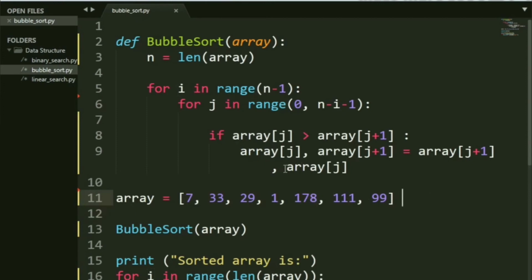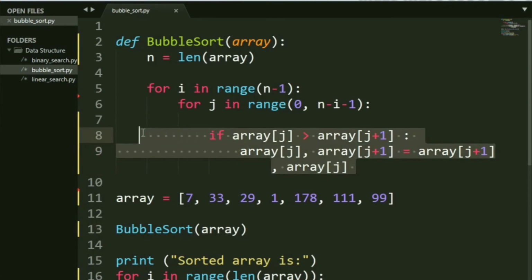Now this is basically your swapping area. So for example, 7 and 33, nothing would have happened. But 33 and 29, we would have had to swap it in this case, right? You're always checking the adjacent value nodes, okay? So everything beside it, 7, 33, 33, 29, 29, 1, and so on. Obviously, the numbers will get swapped, so you need to look out for that. Now, if array of j is less than array of j plus 1, for example, it was 33 and 29, you would have swapped it. So array of j and j plus 1, that is the exact consecutive node, the adjacent node, you swap it, right? You all understand this, the swapping part.